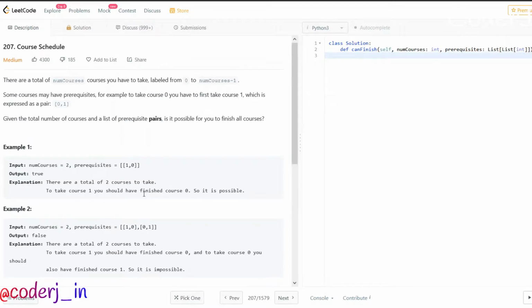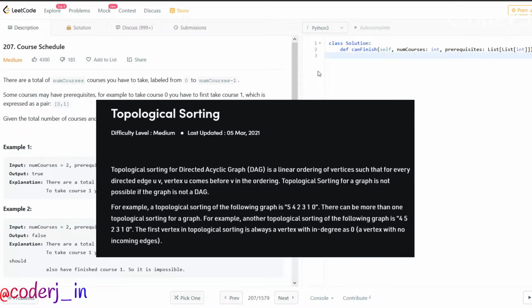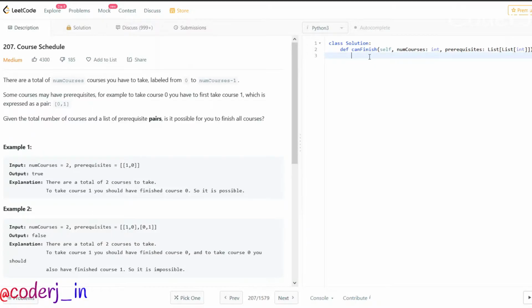So this is just a very classic example of topological sort. What topological sort says is, topological sort only works on a directed acyclic graph. Basically, here, suppose you have an edge that goes from A to B. I've already said that it's directed, right? So if an edge goes from A to B, then what we are supposed to do is print A first and then B.